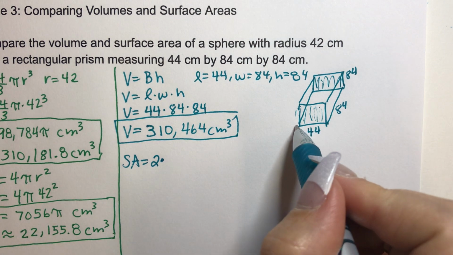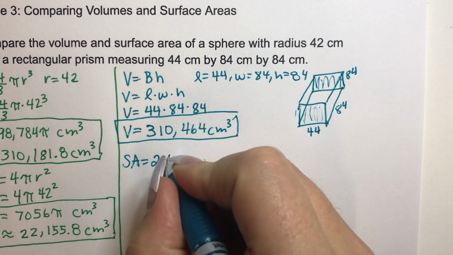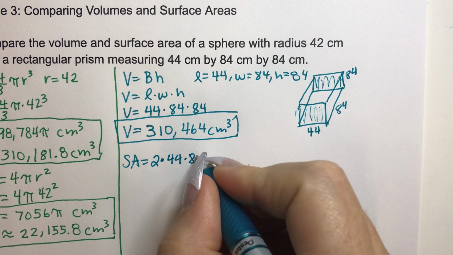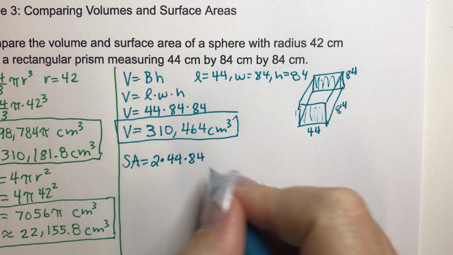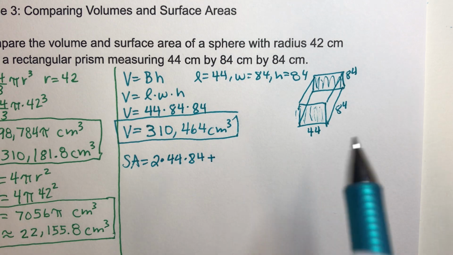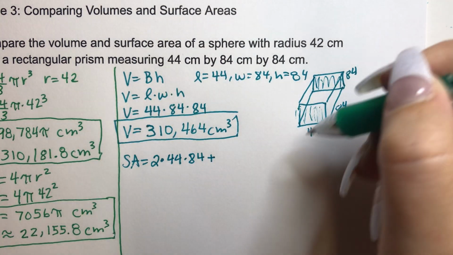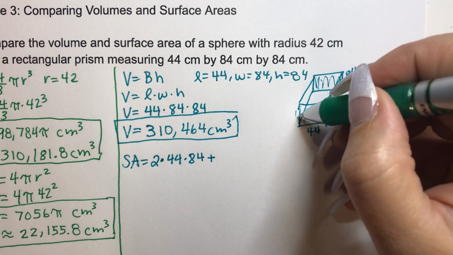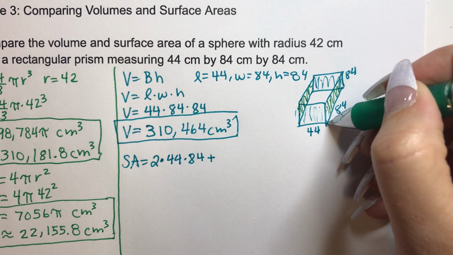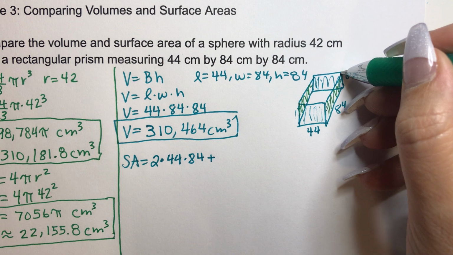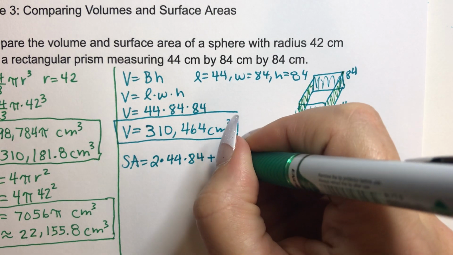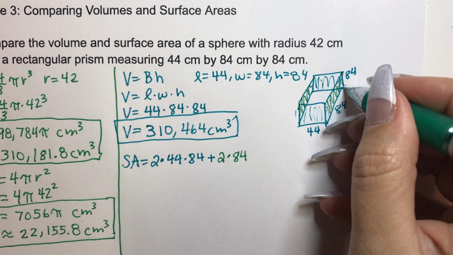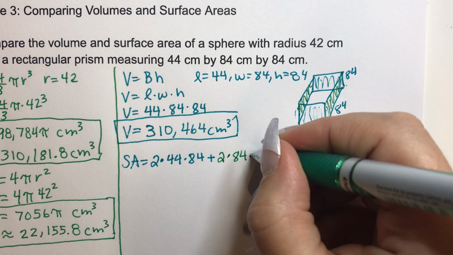And we're going to go length times width, which is 44 times the width of it, 84. Okay, so that is the front and the back, plus where we have to do the sides, right? So what are the dimensions of the sides? And the sides have the same dimension. It's 84 by 84. So it's going to be 2 times 84 here and here, the length and the width of that, times 84,